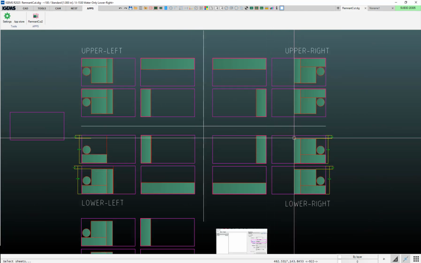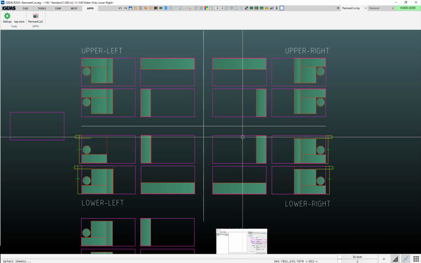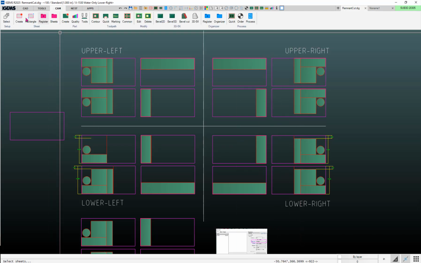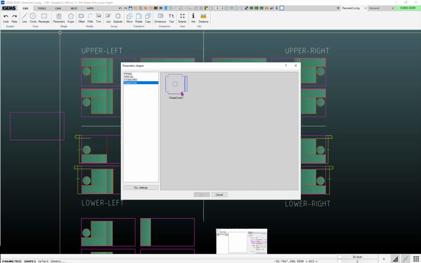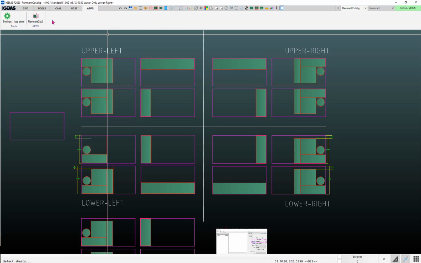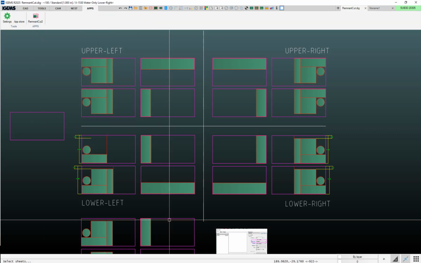So that's one example of one thing I've done in C#. Another thing is you can do parametric shapes. This is a parametric shape that I did for a customer, and then you can put it in here into your parametric shape library. So if you're interested in the Remnant Cut app, you can go to our